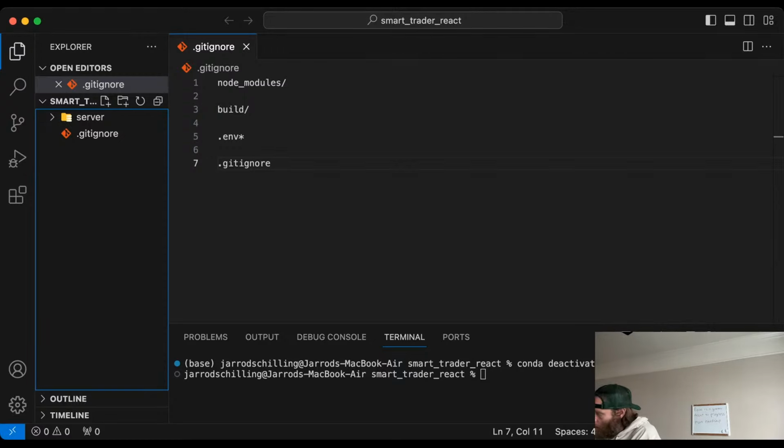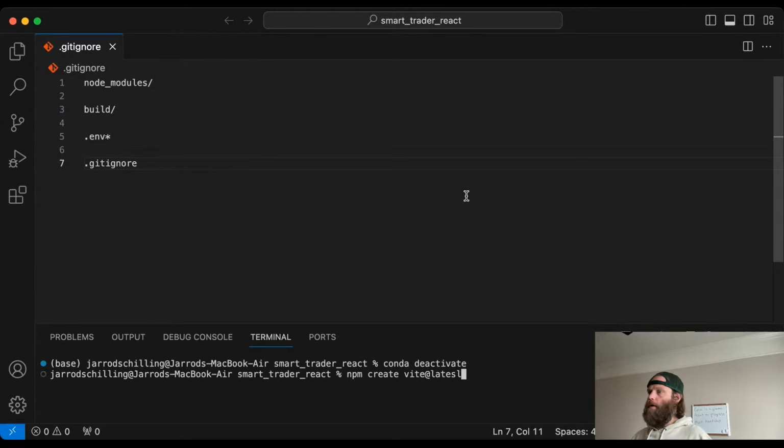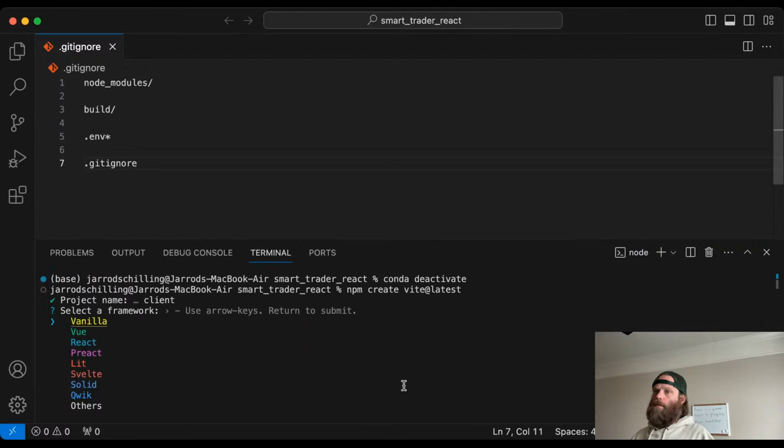So we've got gitignore, got that. And then, okay, hopefully now we can see this, we're going to do npm create vite@latest. You know what I'll do, is it Command B? There we go. Okay, that way we can see it. npm create vite@latest. So this will create our front end. We're going to call this client. This is what the folder inside of the main Smart Trader React folder will be called. And then we are going to choose React,